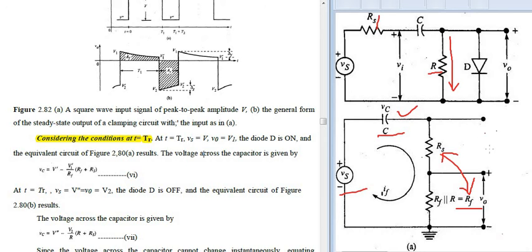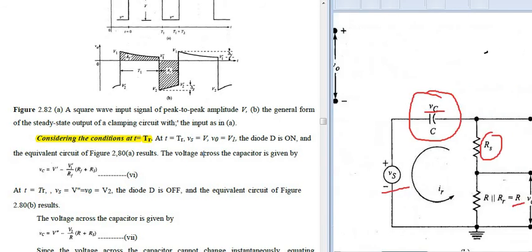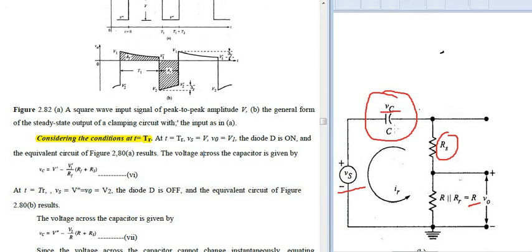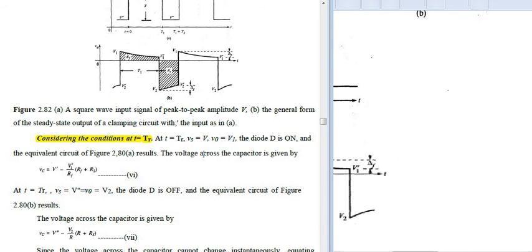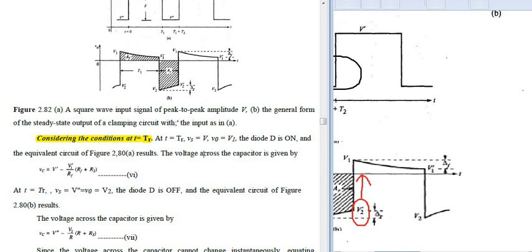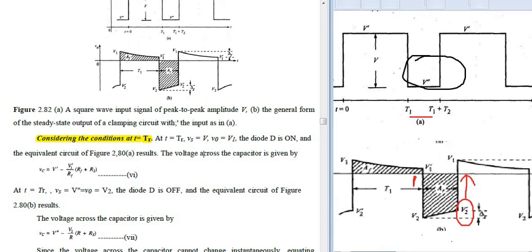Now in the second condition, your diode is in off condition. When the diode is in the off condition, it operates in the reverse bias and your diode will be off. What is the resistance that you will be obtaining at the diode? That is your R, and of course you will be getting the source resistance. So the voltage across this particular capacitor will be given as V double dash minus total current. What is the total current? V2 divided by R, so V2 divided by R into R plus RS. This is V2 into R plus RS divided by R, also you have to consider.